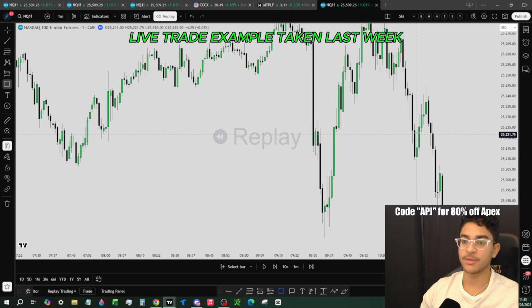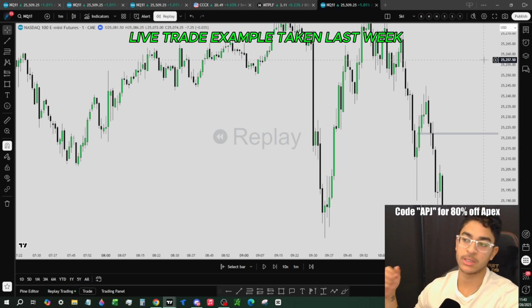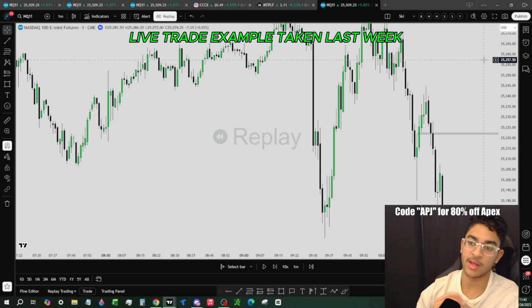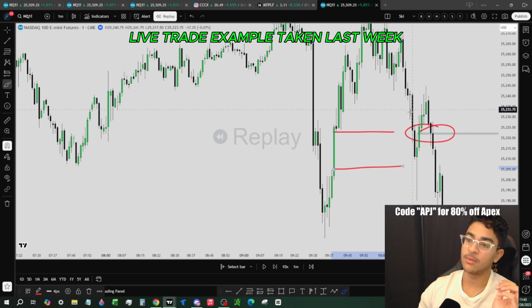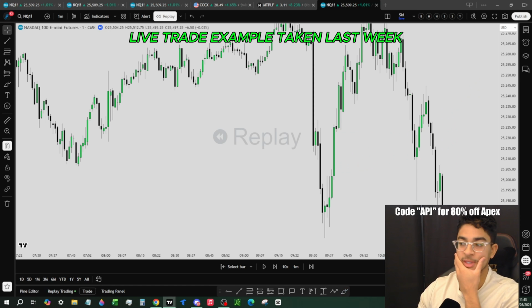Now this brings up another topic, which is taking positions that are in a conflicting fair value gap, a prior fair value gap, right? In this case, if you see this 1-minute fair value gap here, we did inverse it. However, we're in this big 1-minute right here. So we inversed one fair value gap, but we were respecting and holding another, right? Price is coming into it, it's not inversing it. This is where we rely even more on that higher time frame context.